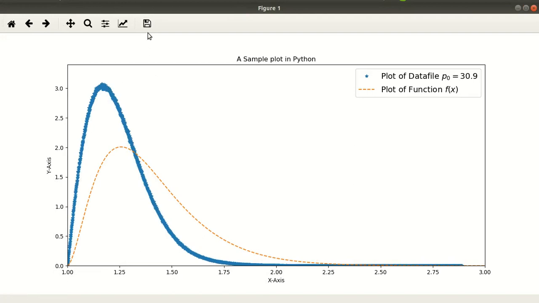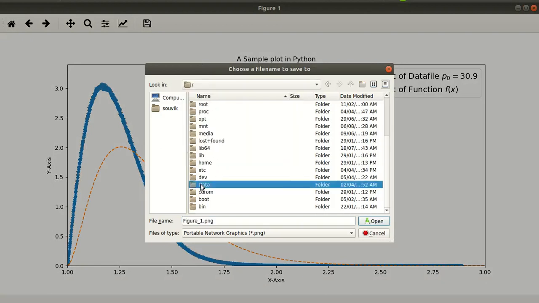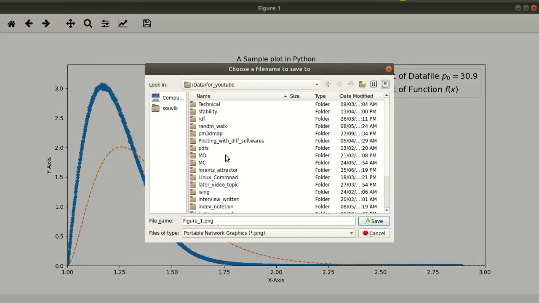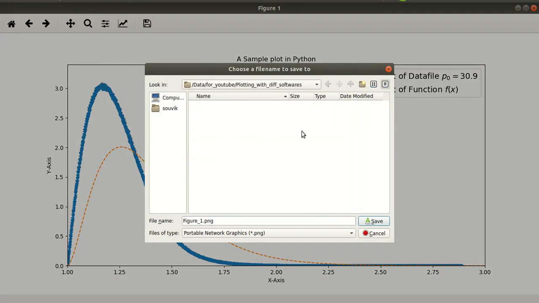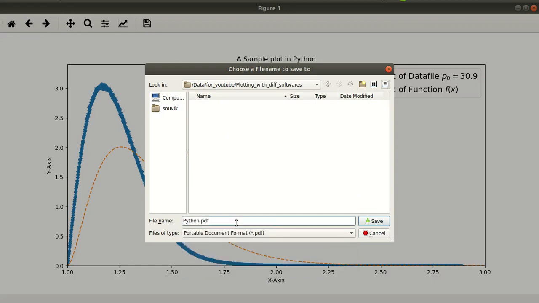If you want to save the plots, you need to type this, and then you can see the location. So let's rename it Python, and I want to save it in PDF format, so python.pdf.